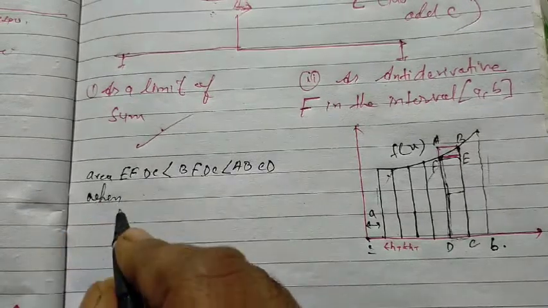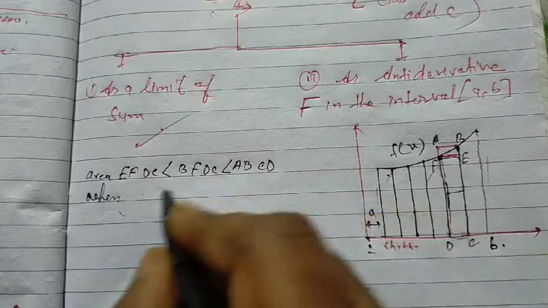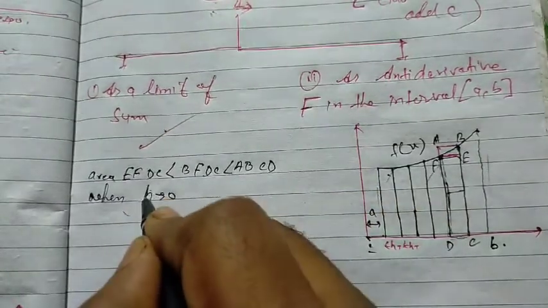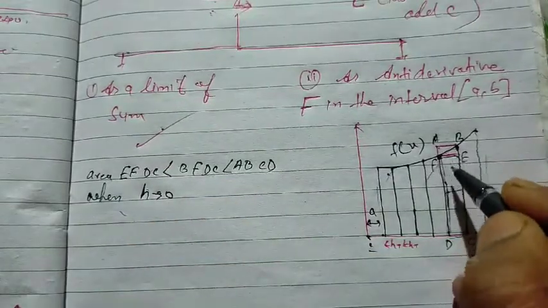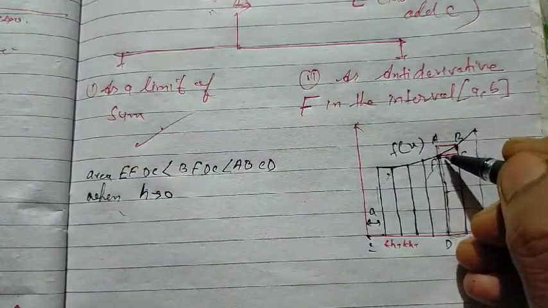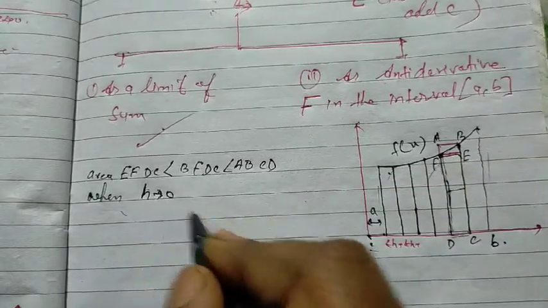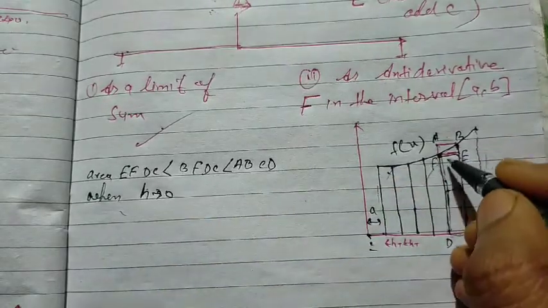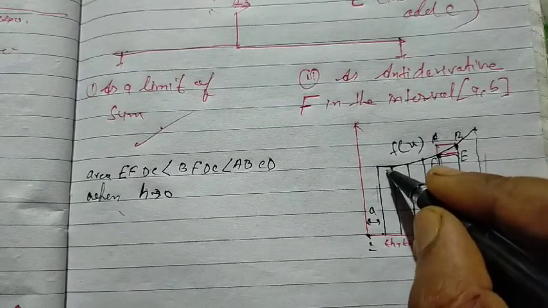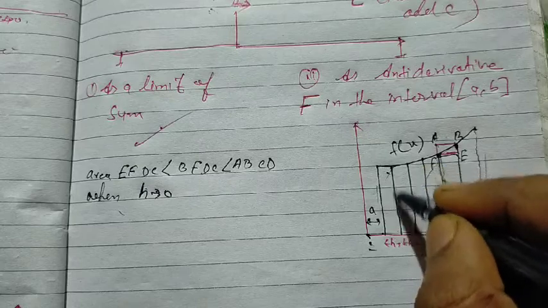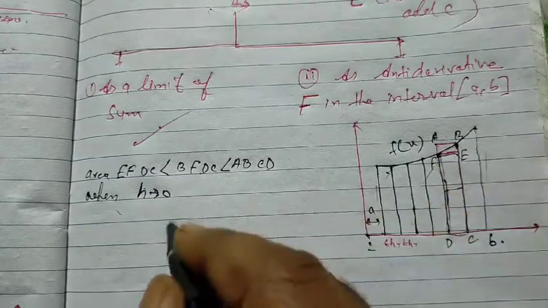So when h tends to 0, then this will become a perfect rectangle. But when h tends to 0, when I divide this whole area into very small rectangles, means when n tends